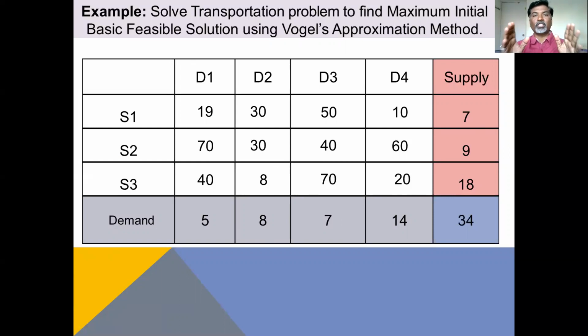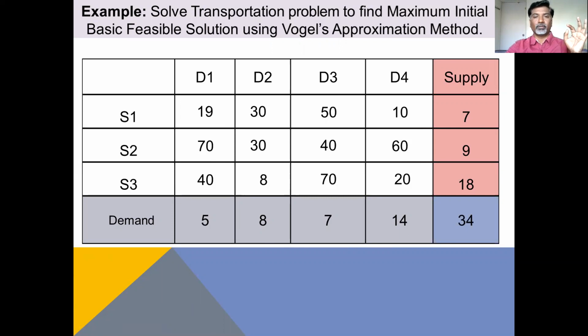Now, we have to convert this balanced transportation problem from maximization to minimization, because the question itself contains the word maximization. This means the problem is for maximization, so we have to convert the maximization problem into a minimization problem. For that, we have to identify the maximum cost, and from that cost, subtract all cost values. When you subtract all cost values, the new matrix you get is called the minimization transportation matrix.